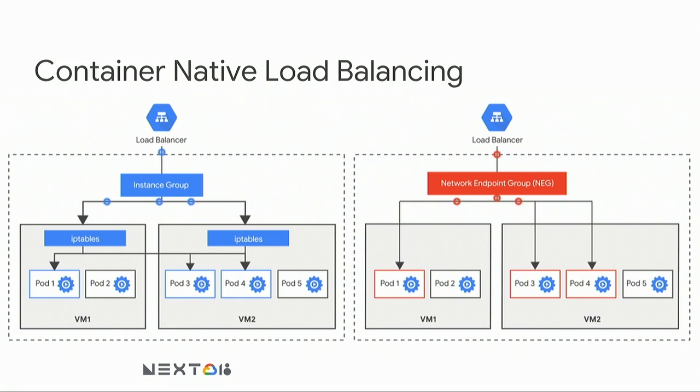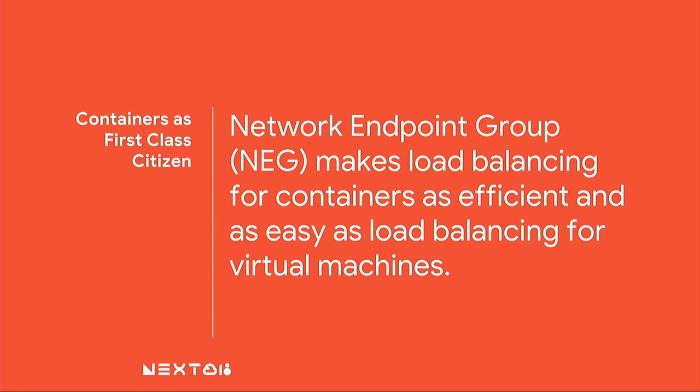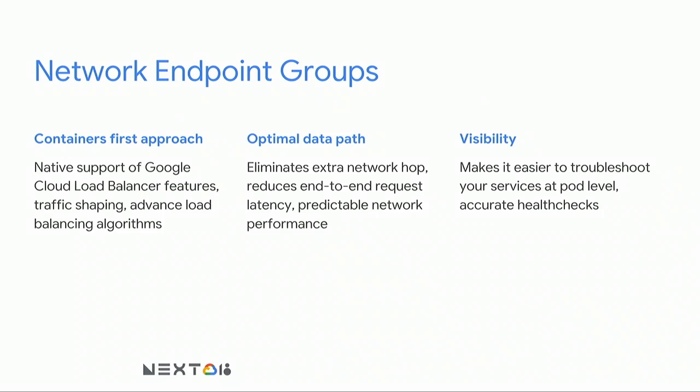So let us have a side-by-side comparison. The data path becomes much, much cleaner. So what difference does it make? Network Endpoint Group makes load balancing for containers as efficient and as easy as load balancing for virtual machines. So let's summarize. Network Endpoint Groups make containers first-class citizens on Google Cloud Load Balancer. It opens the door for native container support for many load balancer features, such as traffic shaping, advanced load balancing